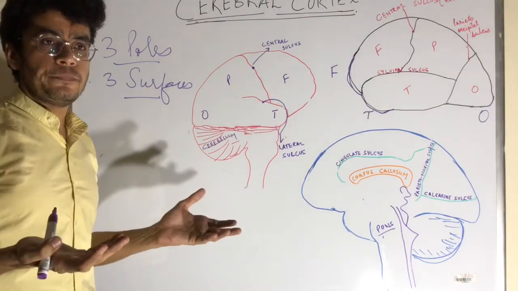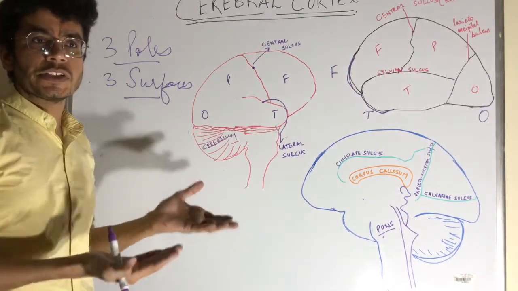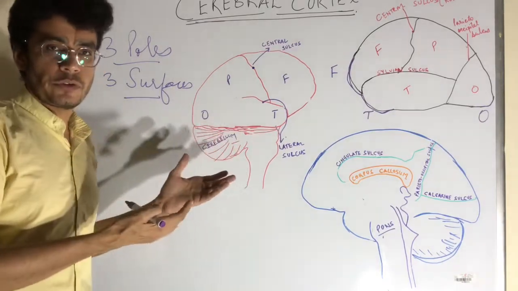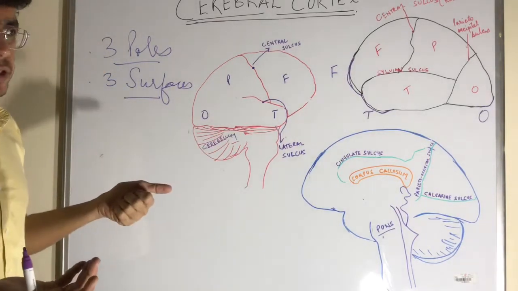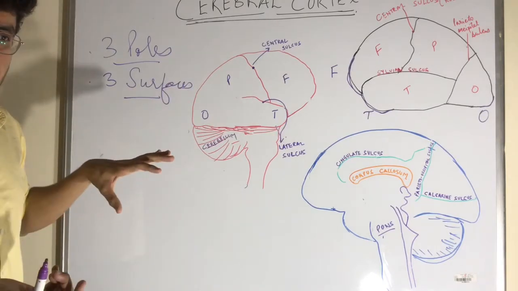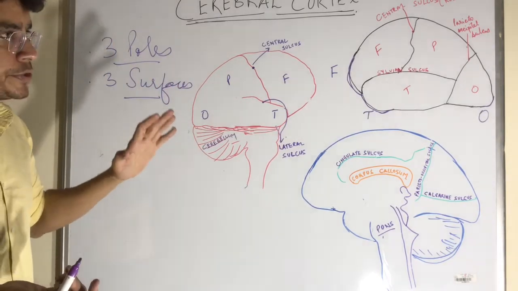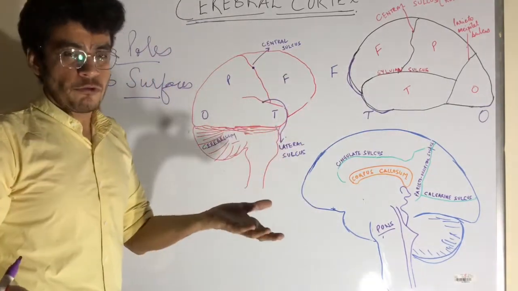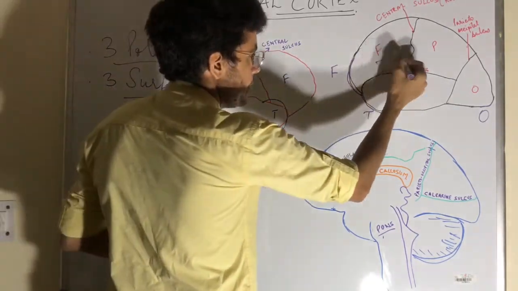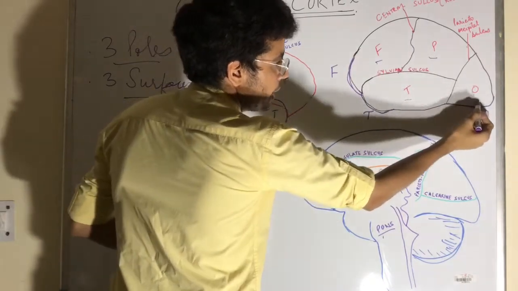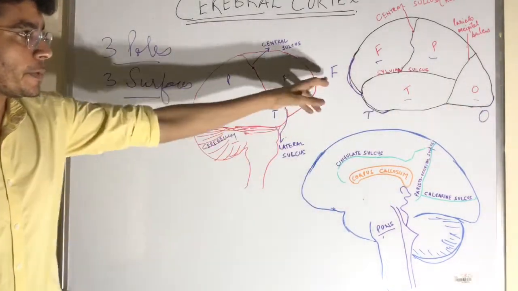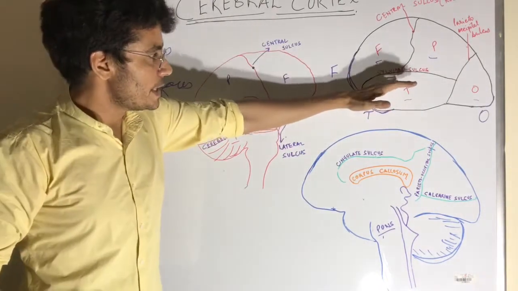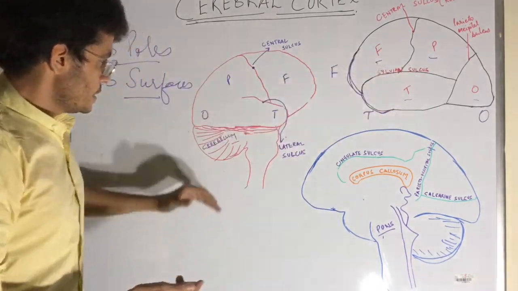And a few of them are more or less consistent, or more or less present in each and every human being. Based on those prominent sulci, we have divided the cerebral hemisphere, the cerebral cortex, into different lobes. There are four major lobes: frontal, parietal, temporal and occipital lobe, right? Frontal, parietal, temporal, occipital. So on the outer aspect, the lateral aspect, this is the lateral aspect,